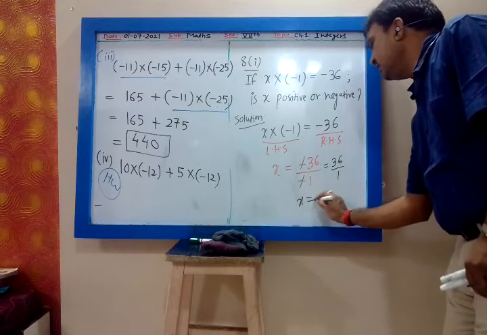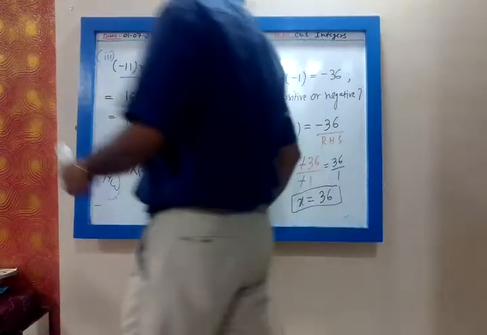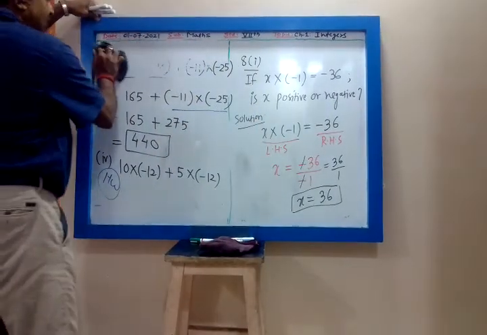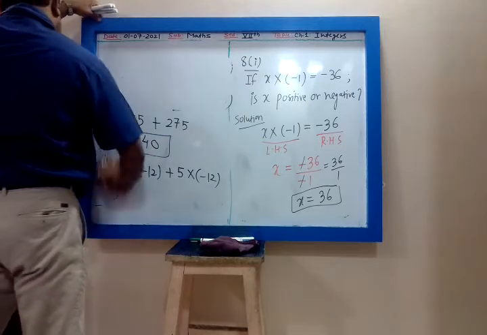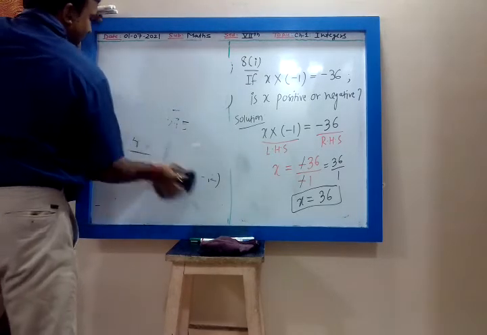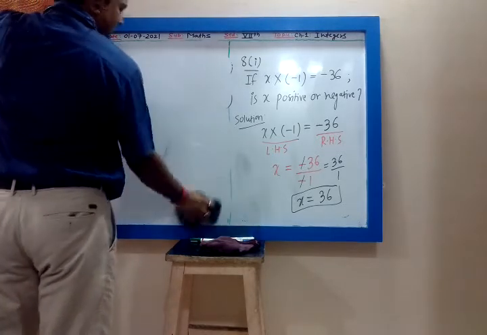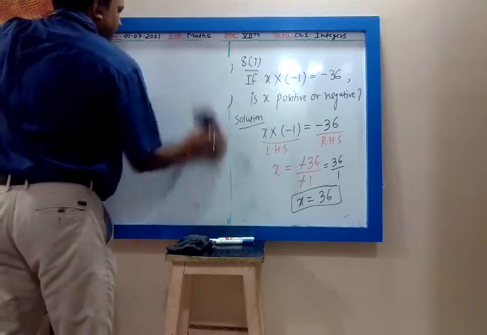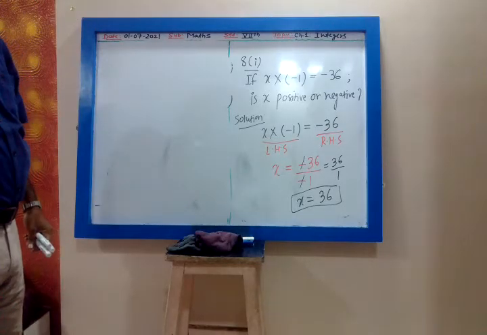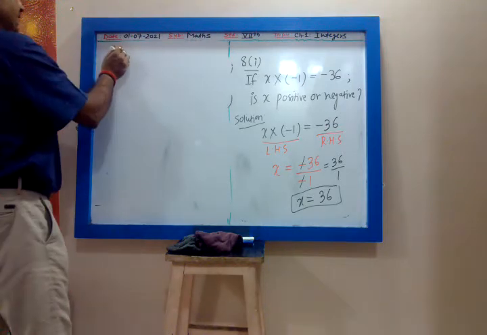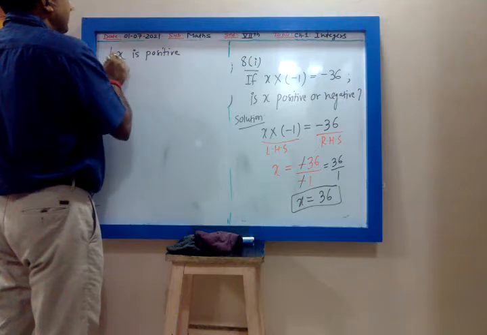So that is 36. What is the sign of 36? Positive, plus. So x is positive. Is it clear? Some of you gave the answer minus. Don't become a magician by seeing the question and giving the answer. Do not do any magic. You become a mathematician by solving the problem. So the minus sign of numerator and denominator get cancelled, so the answer is plus 36. So x is positive.